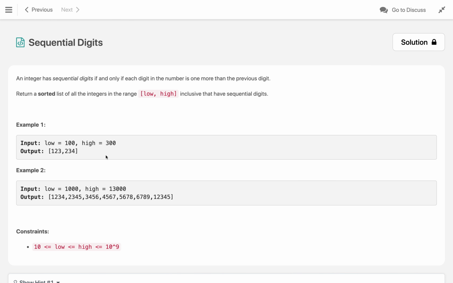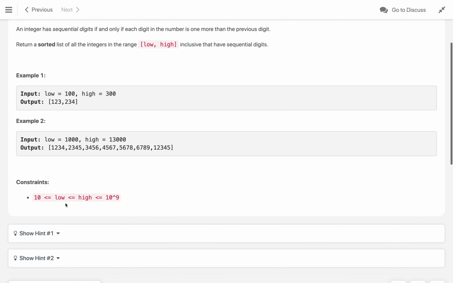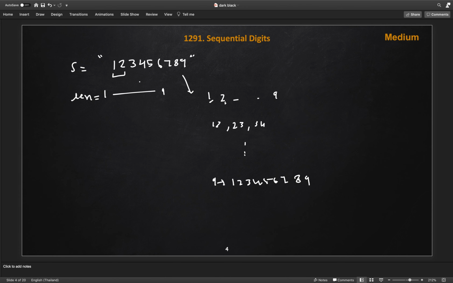If you see, one more thing here, low is starting from 10, so we will not have any number of 1 digit. So we will start our len from 2 instead of 1. So we will take the substring. Now we have to cut all the substrings. We will also create 1 2 3 4 5 6 7 8 9.